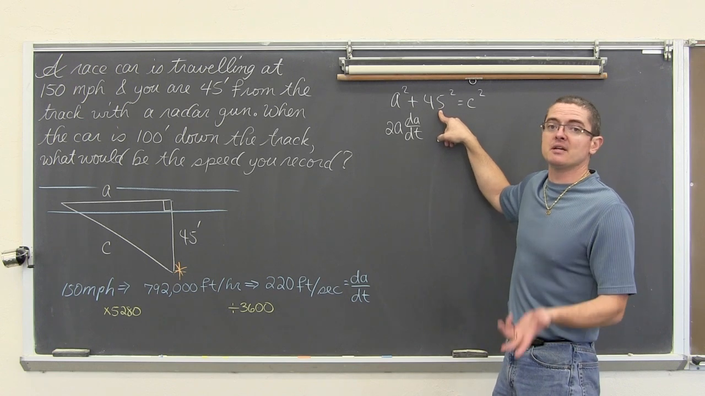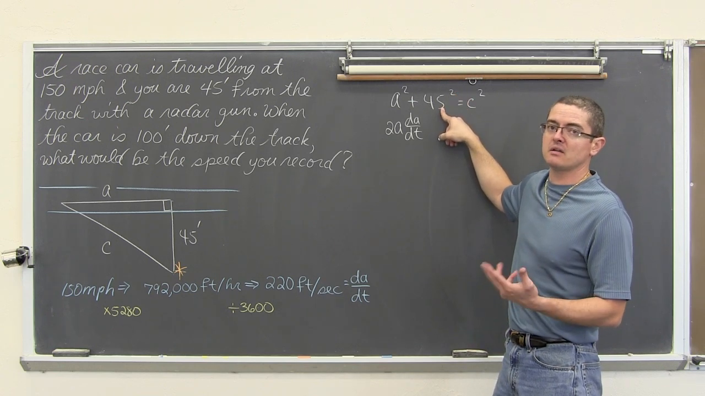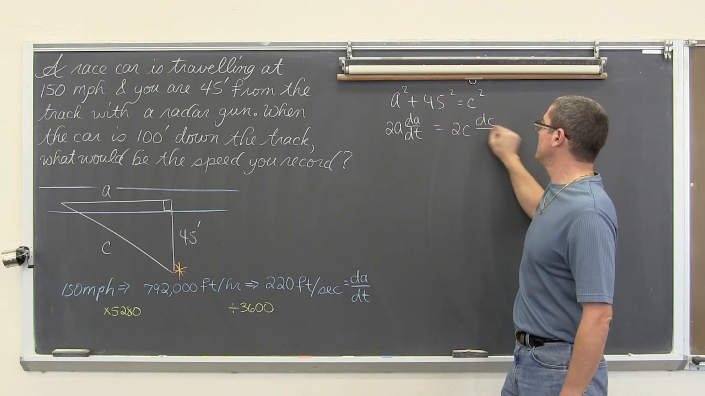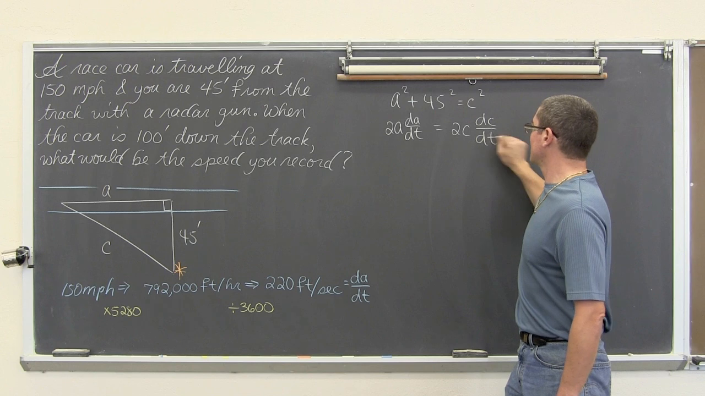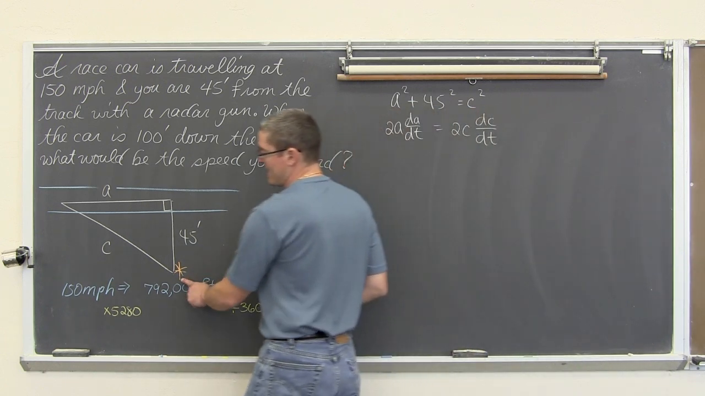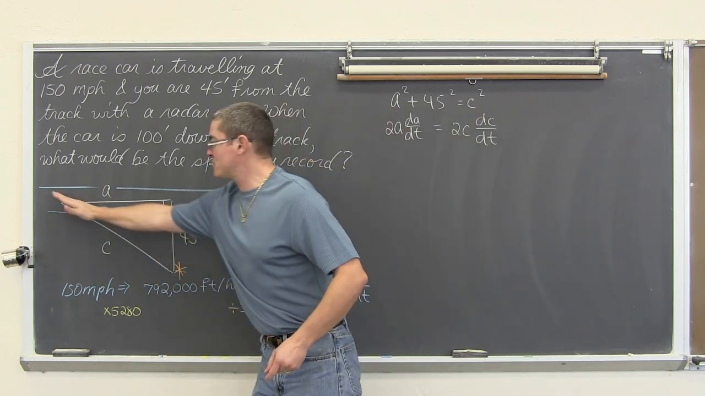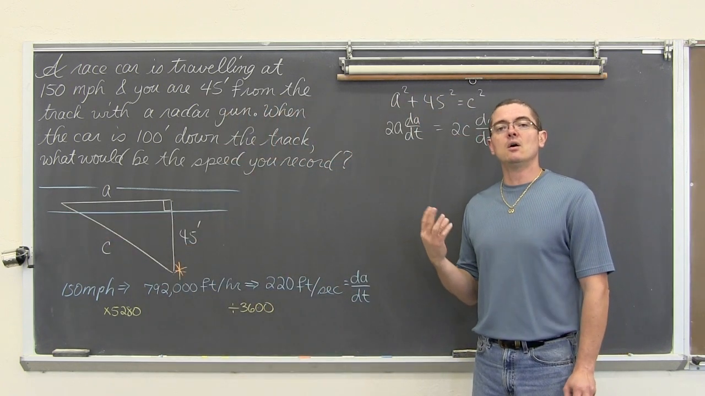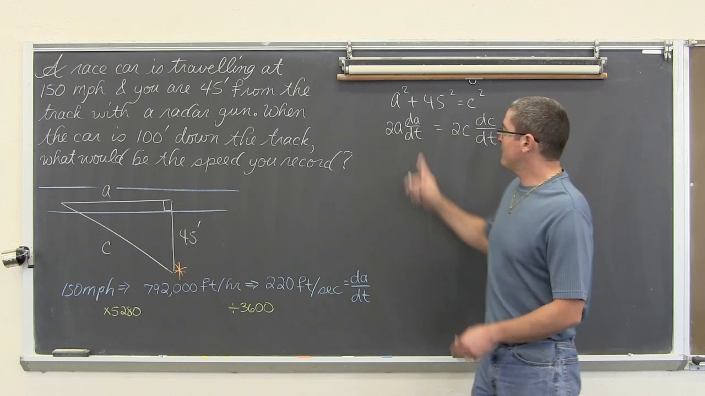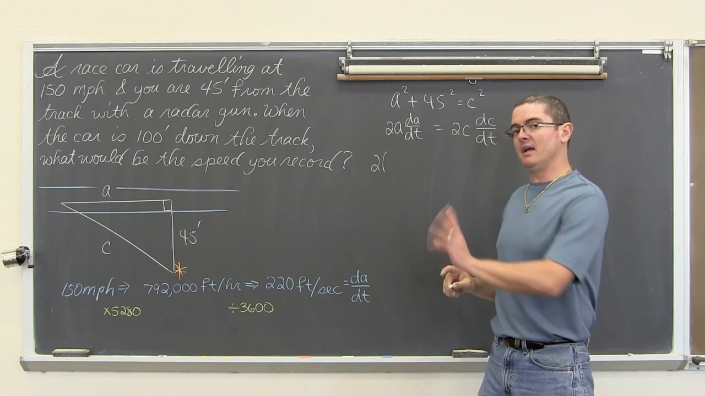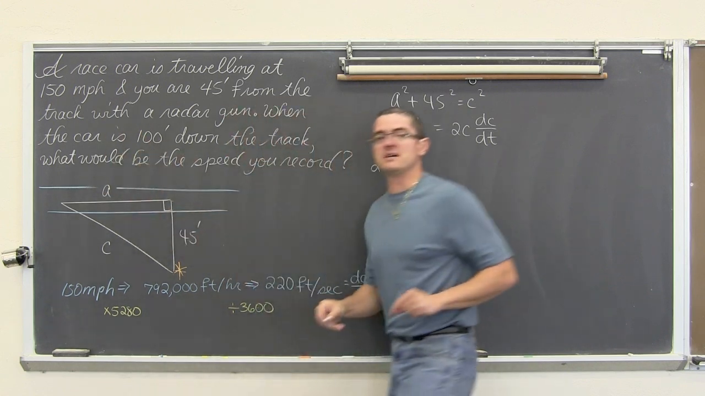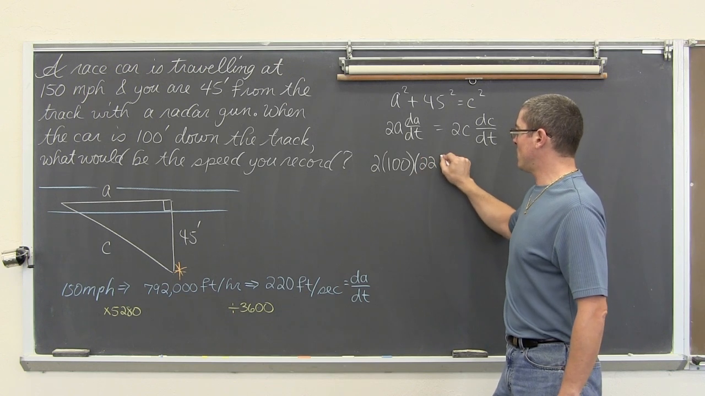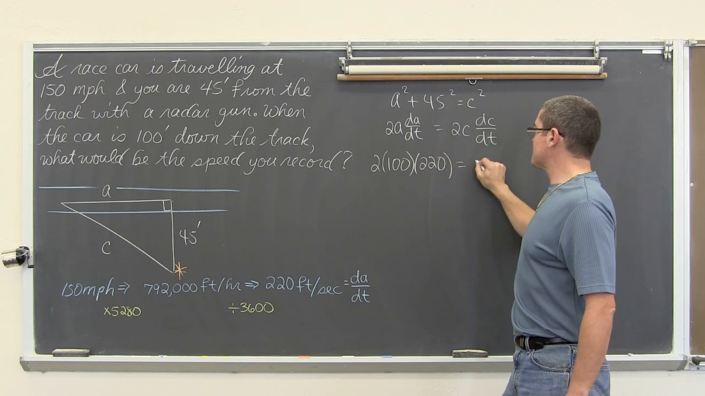Plus, well, no, plus nothing, because 45 squared is a constant, and the derivative of a constant is equal to 0, equals 2c dc dt. Now, we are shooting our radar from this orange asterisk to where the car is, so the rate of change that we're going to record is along the hypotenuse. So dc over dt is actually what we're looking for in this problem. So we have 2a, so that's 2 times a. This is length a, the car is 100 feet down the track. So 2 times 100 times dA over dt, which is 220 feet per second, equals